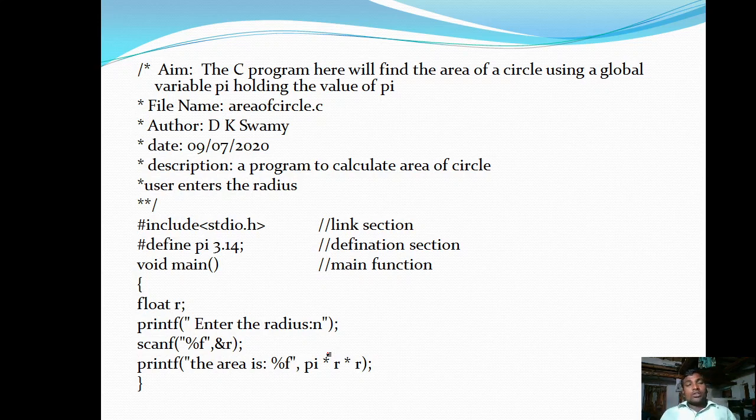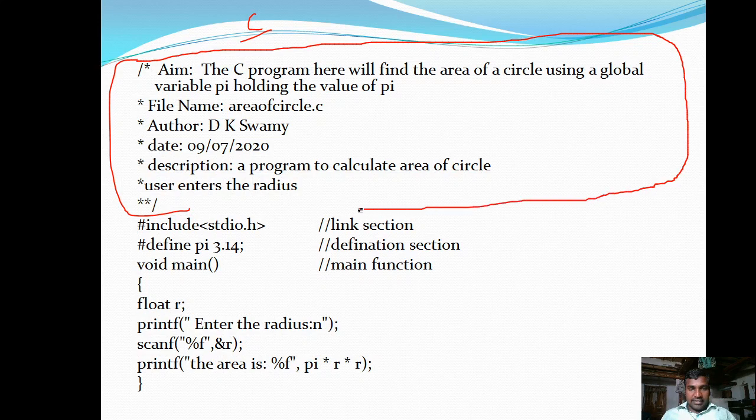So here is an example of a C program. This is a simple C program. In this C program, I am trying to include all the sections that are included in the structure of a C program. So these are the multi-line comments. Sorry, one more star should be written here. Slash star star followed by any number of lines and at last star slash.